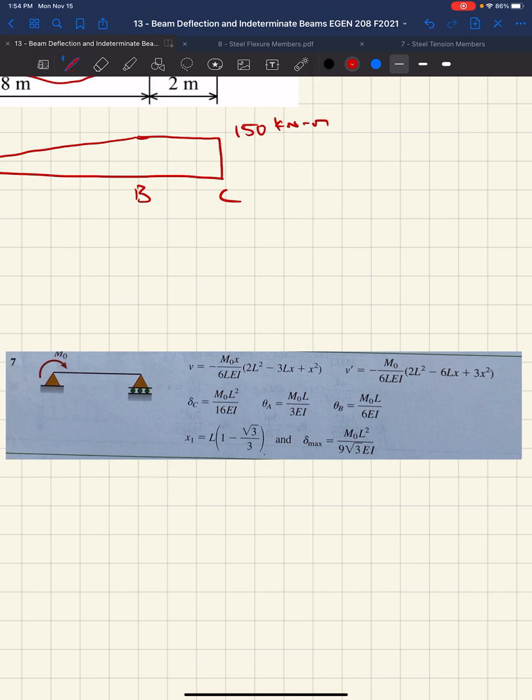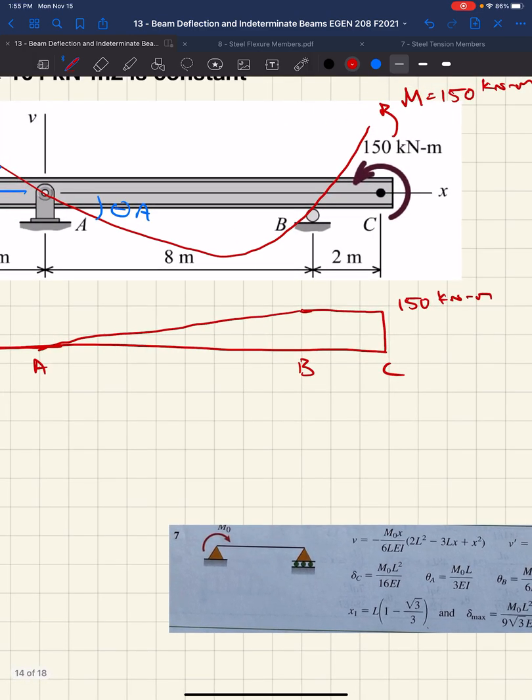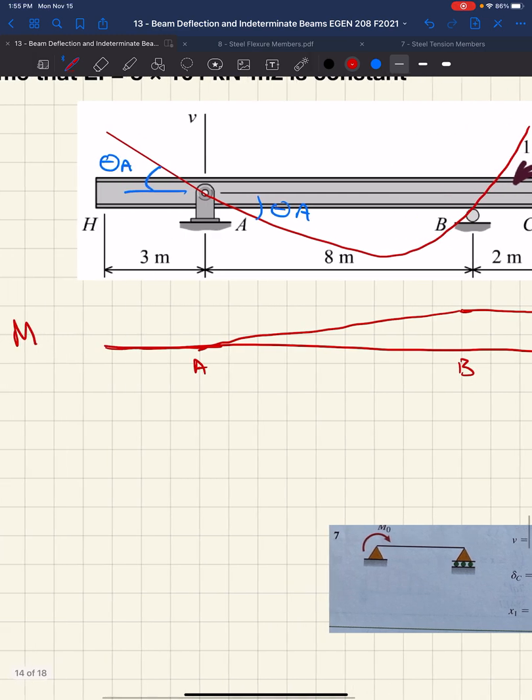Effectively what we have, you look at what's going on here, right? Constant moment back to our support at B. Effectively we'll have this going on. If ultimately we're trying to figure out slope at A, we really want the slope at the opposite end of our member from where the moment is applied. So if we go back to this prepackaged solution,